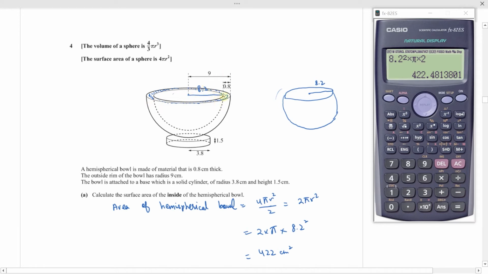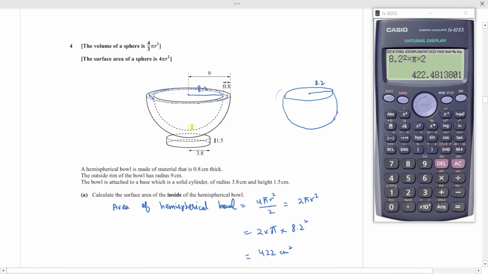So you're calculating the volume of a solid hemisphere with the larger radius, and then subtracting the inner volume to basically get the volume of this thickness of the bowl. And then your base is completely solid, so you will take the volume of the cylinder